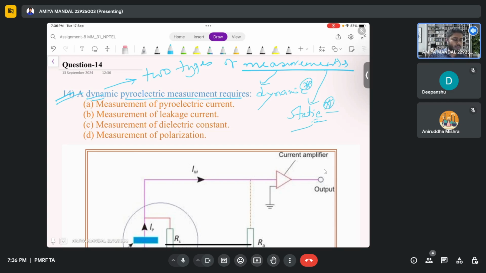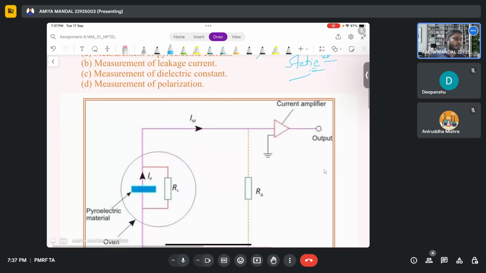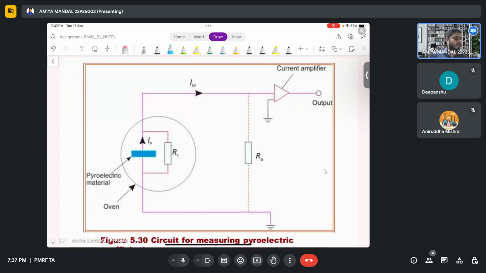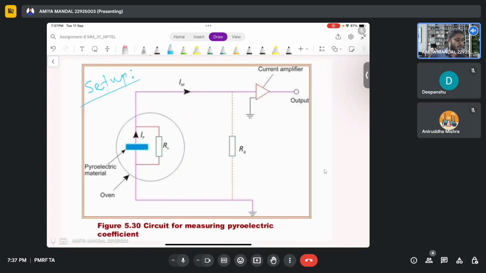So this question is based on the dynamic measurement of a pyroelectric material, where mainly the pyroelectric current is measured. By measuring the pyroelectric current, we can measure the pyroelectric constant. This is the setup where we can measure. You can see this is the pyroelectric material where Ip, the pyroelectric current, is generated. Across the pyroelectric material, a resistance is connected in parallel